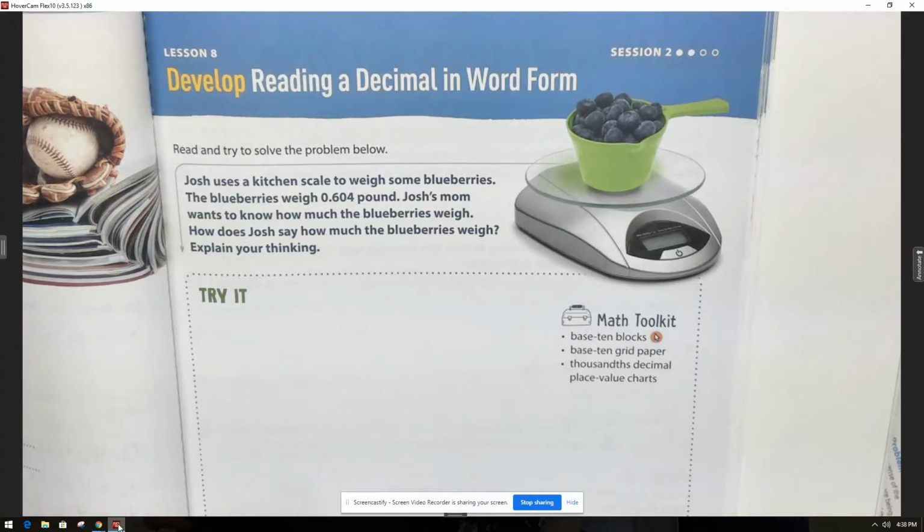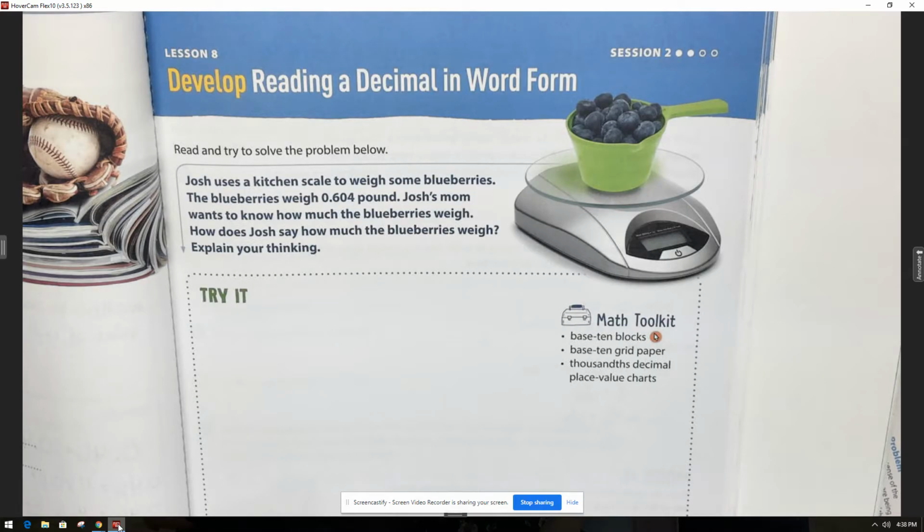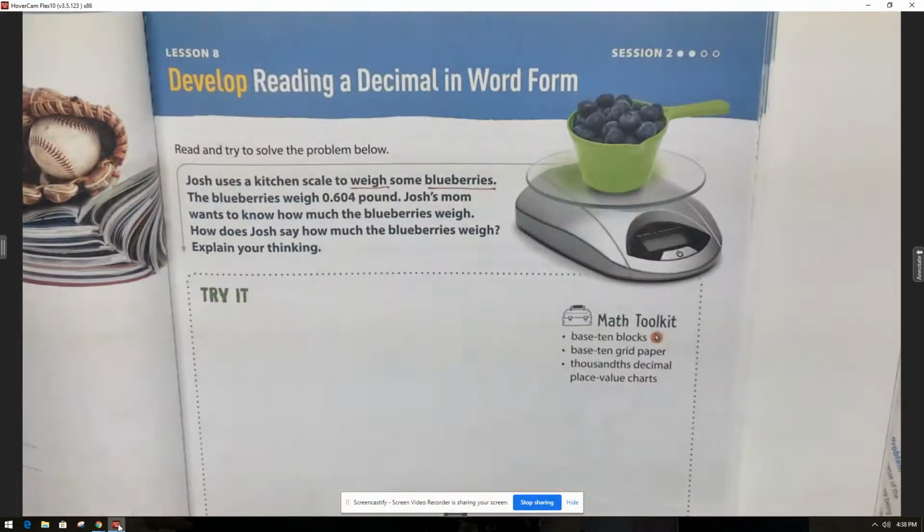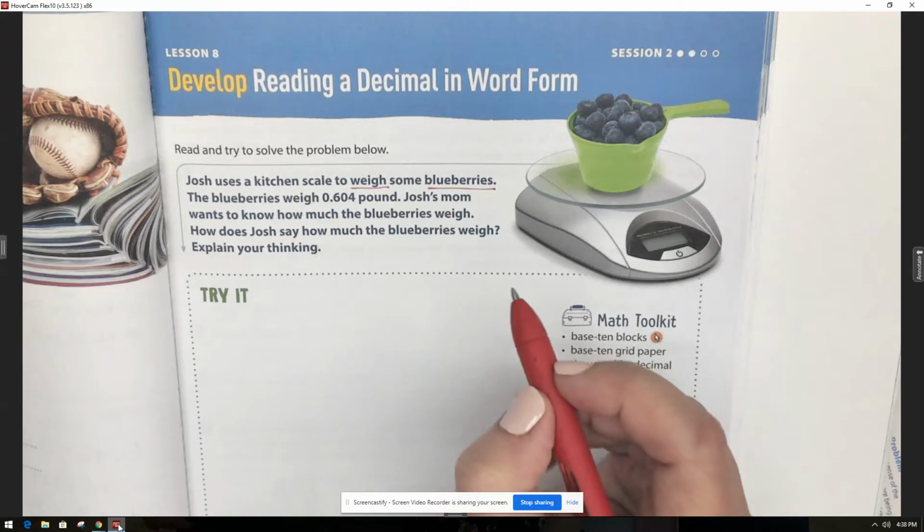So remember, we have the three questions we're going to ask ourselves. What is the problem about? What are we trying to find out? And what information is important? So first of all, this problem is about the weight of some blueberries. That's what we need to know, okay? And